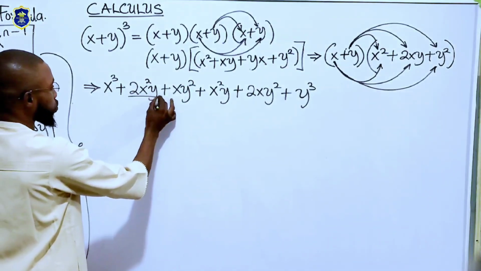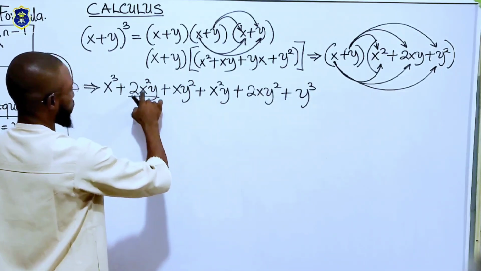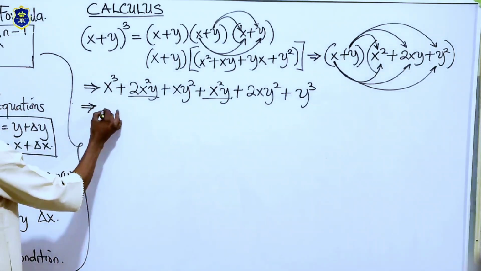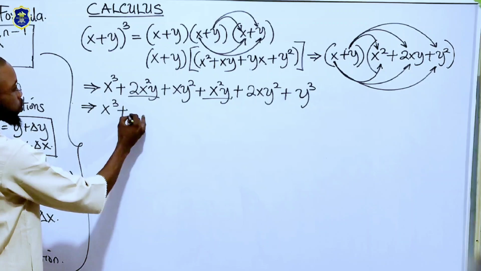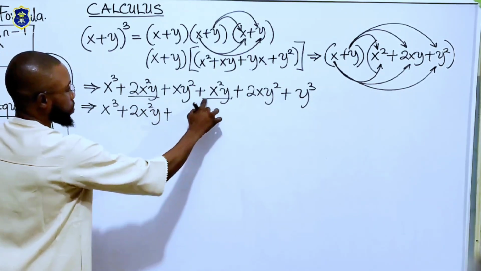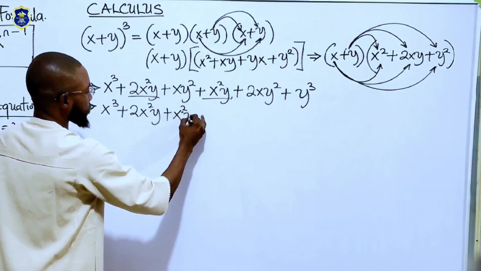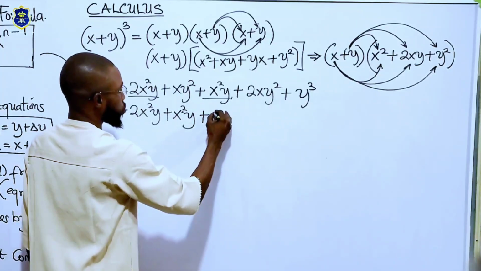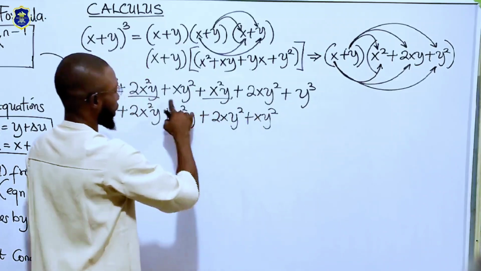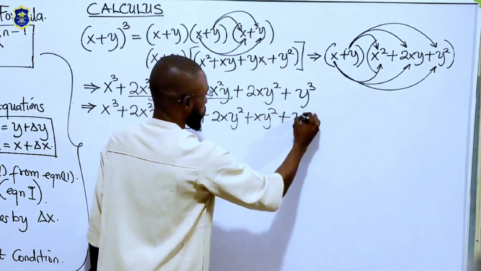We have x cubed plus 2x squared y plus x squared y, and then plus 2xy squared plus xy squared, and then plus y